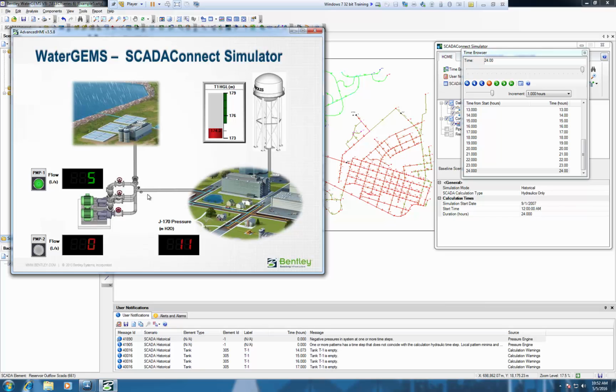Then we can start to play with the demands and the controls, so turning things on and off and changing demands up and down depending on what may be happening tomorrow. Maybe you've got something special occurring, it's a public holiday or something. So you can start to project things forward, both in your model with those alarms, alerts and notifications, and then back into the actual SCADA simulator interface, or the SCADA interface that most of the people in your organization would